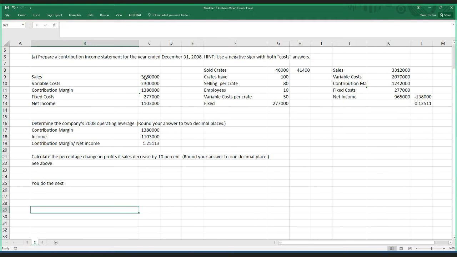And so we have the 300,000, by the way, is the 46,000 crates times the price per crate. We also have the variable cost, which they gave you at 50, so that would be 46,000 times 50. So then we can calculate the contribution margin. Fixed costs are given to you in the problem, 277, and we get the net income of